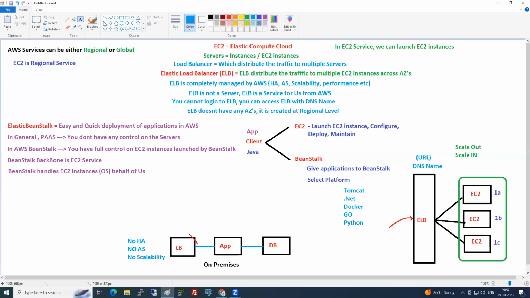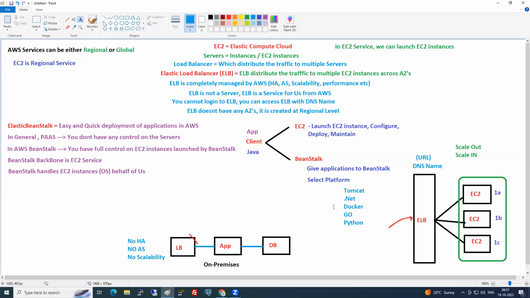Let's say you have a .NET application, ASP.NET. Which platform do you need to select? .NET. Now you have a Python application. Which platform do you need to select? Python. So based on the application that you have developed, you need to select the appropriate platform. You give some configuration, select the platform, and then upload your application.